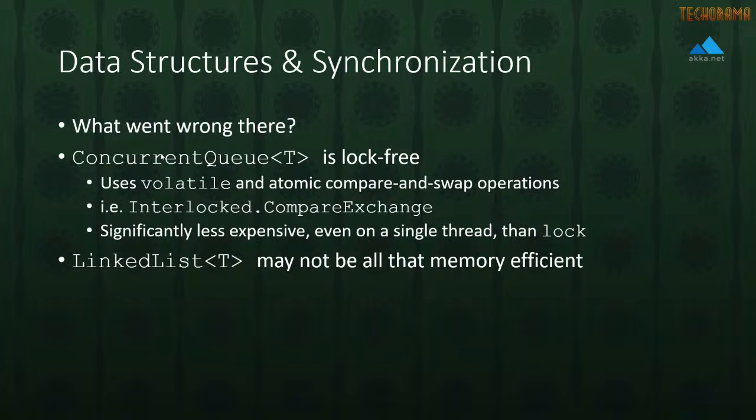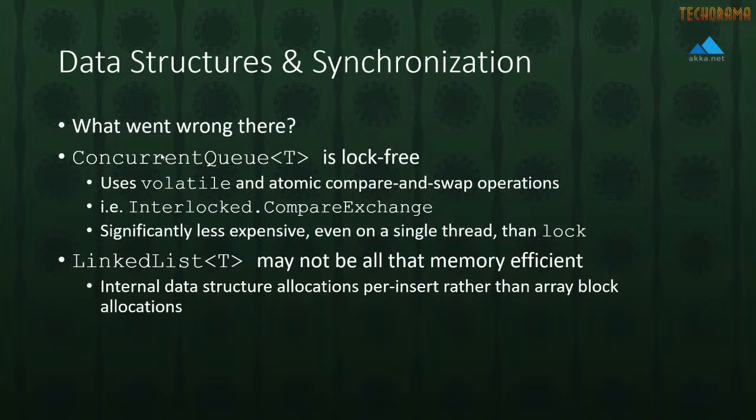Here is the other downside that we found, which is that our assumption about the linked list being more memory efficient turned out to be deeply flawed. The reason is that concurrent queues only allocate data structures when the requested queue size is bigger than the current queue size. It'll essentially double the size of its internal array each time it does that, and then copy the values over. That's how it used to work. Today, I think it's even more efficient than that. I think it just allocates a new array segment and adds a new reference to it, so we're only allocating the new memory that we need, not shuffling around the old memory that we can keep.